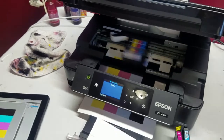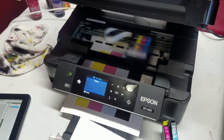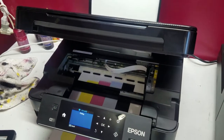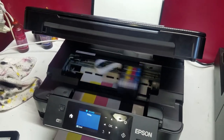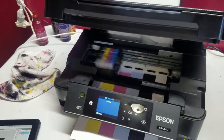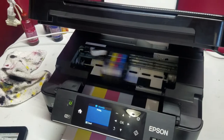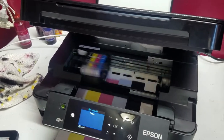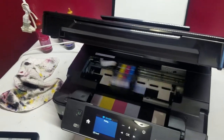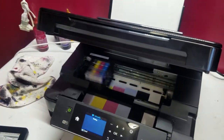I haven't installed the chipless firmware yet, but that is a must for this printer to work with the refillable cartridges. You definitely want to go to a chipless firmware, because eventually the printer is going to think that the ink cartridges are empty, and it's going to ask you to refill them or replace them. So what you could do, I guess, is just get a bunch of regular ink and pop the boards off of them and put them on those empty cartridges, but